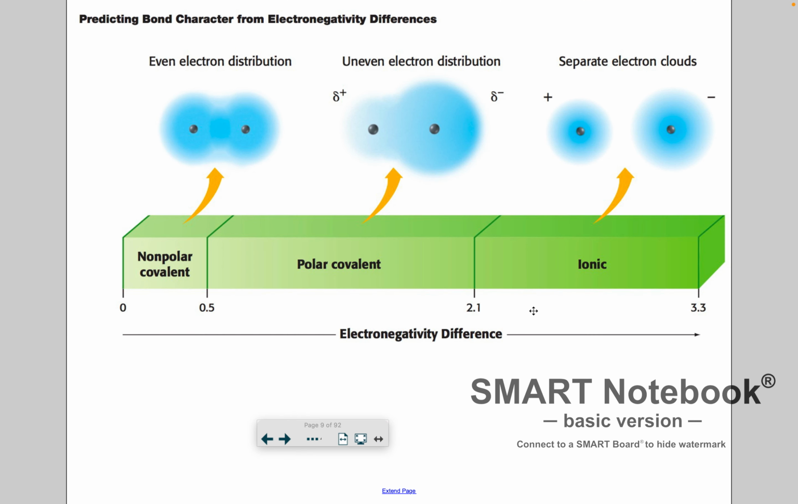Okay, so this is the diagram we are going to use. Values that are less than 0.5 will be non-polar covalent, and you can see we have even electron distribution, no slightly charged ends at all. It is neutral. With our polar covalent values of 0.5 to 2.1, you see that we have a slightly positive